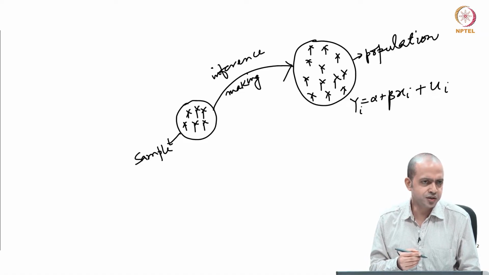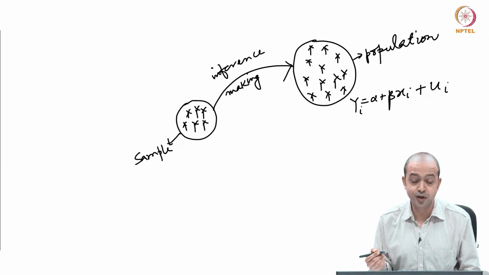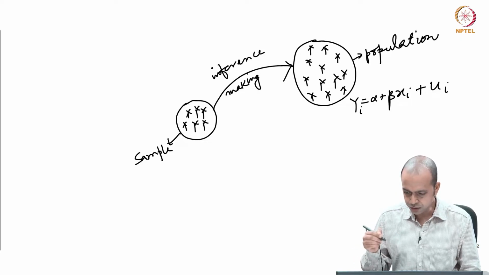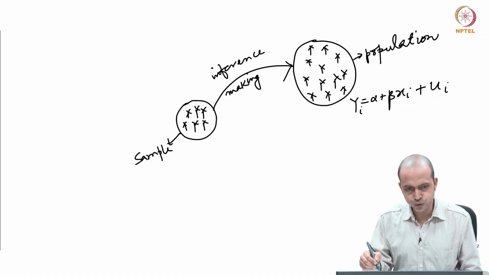It is very easy to understand that apart from income there might be many other variables that might have some impact on your consumption. Maybe your gender, whether you are a male or female, maybe your taste and preference, maybe your age, maybe your education, and so on and so forth. So, all these variables are not included in the model. Even though you include all those variables in the model,